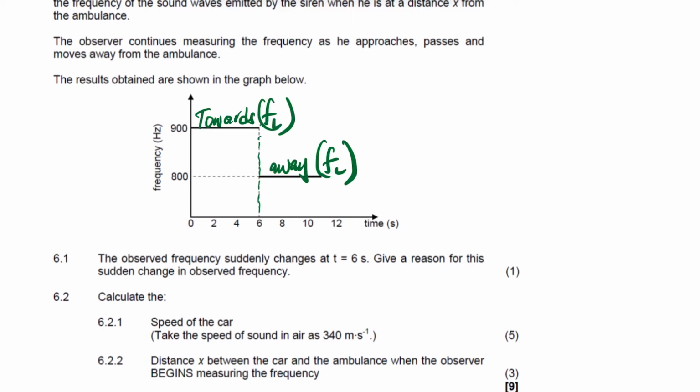Now in 6.1 it says the observed frequency suddenly changes at T6. So there was a change here at T6. You can see the difference there. The change in those frequencies is 100 hertz. Give a reason for this sudden change observed. So the reason for that sudden change there,